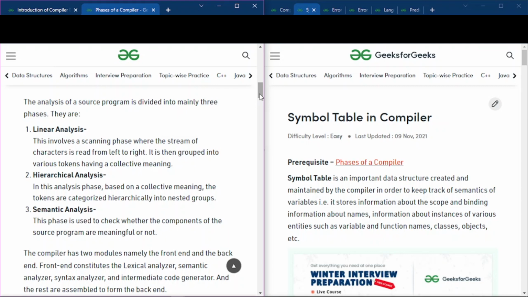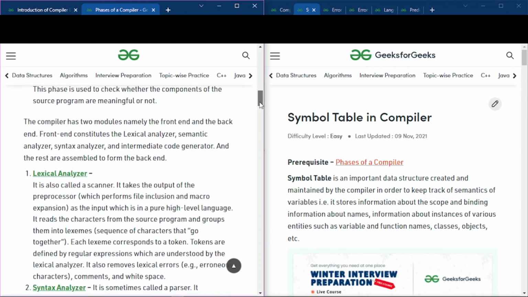One token doesn't have any meaning, but a group of tokens will have a collective meaning. The hierarchical analysis, based on those collective meanings, will categorize hierarchically, like these streams of tokens are used to input the even numbers or whatsoever. And the semantic analysis phase will check whether the source program that is written is actually meaningful or not.